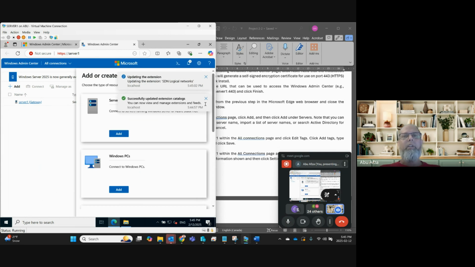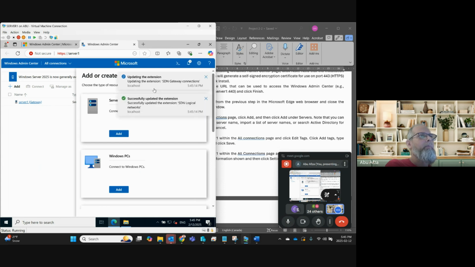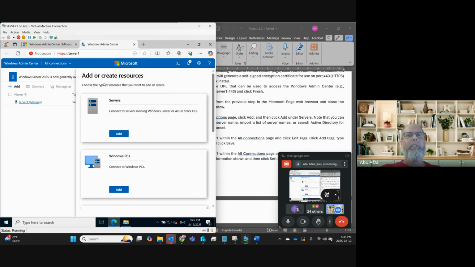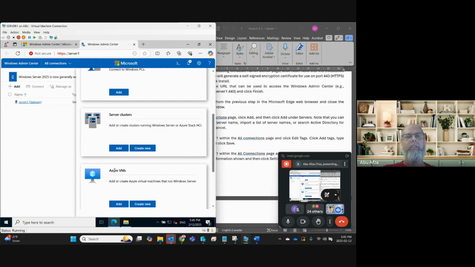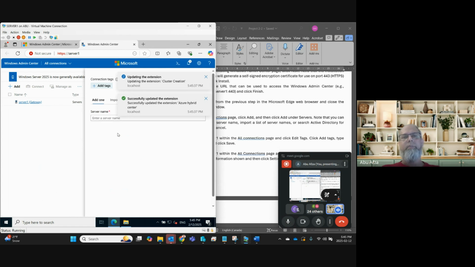When you click the add button, lots of things are updating behind. So wait a couple of minutes here. You can see successfully updated the extension, updating extensions, lots of things are updating. So in the meantime, let's do one more thing. I click the add button and you can see add or create resources. We can see servers, Windows PCs, server clusters, Azure VMs, lots of things. So we want to add our server. So click the add button. When you click the add button, then